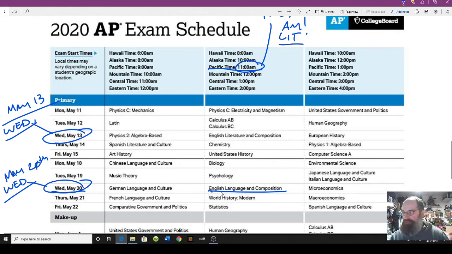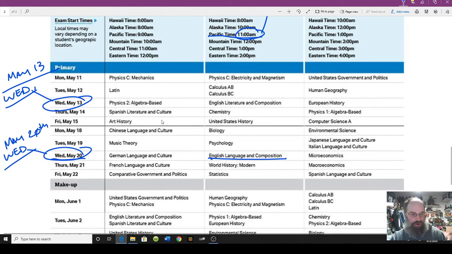All right, so however, if you're doing Physics or Latin, any of you doing Latin? I don't think you will. All right, Physics 2, Algebra Based, Spanish Literature and Culture. Look, if anybody's taking physics, geez, I don't know. But anyway, I can't worry about that. You European History types, note that time is a different time. All right, so everybody hopefully sees how this works. You Lang kids, because I'm a recovering Lang teacher, repeat after me. My butt wakes up by 11 a.m. on May 20th to take this test. 45 minutes of your life.